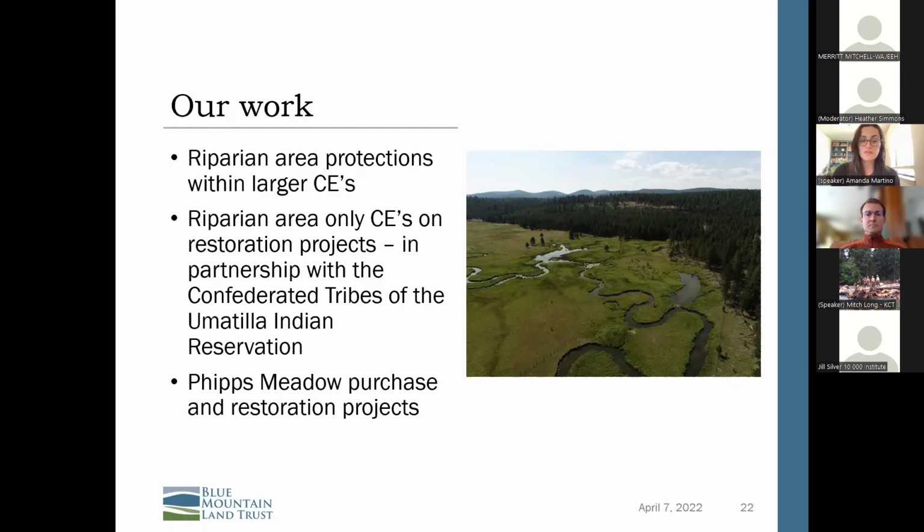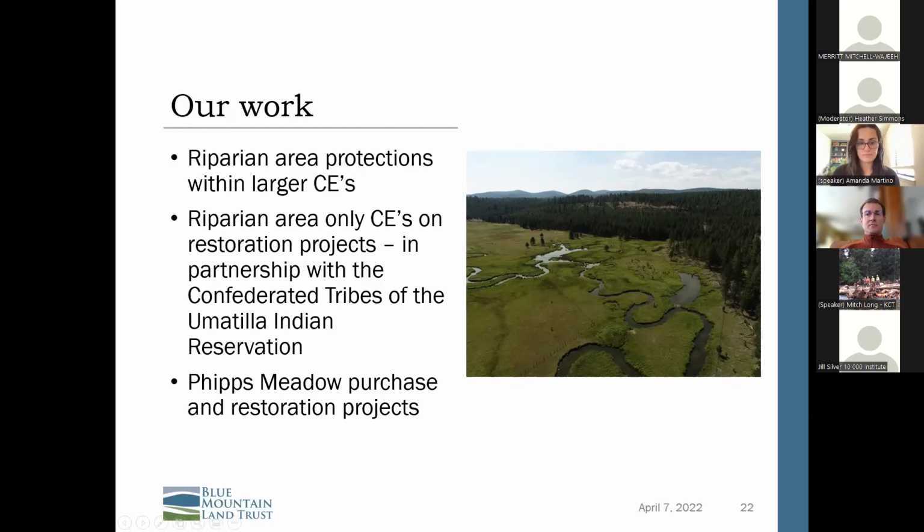And we also have some riparian area only conservation easements. And we have partnered with entities like the Confederated Tribes of the Umatilla Indian Reservation to protect restoration areas specifically. So the easement is 100% focused on maintaining the riparian restoration project, riparian health focused, and does not encumber the